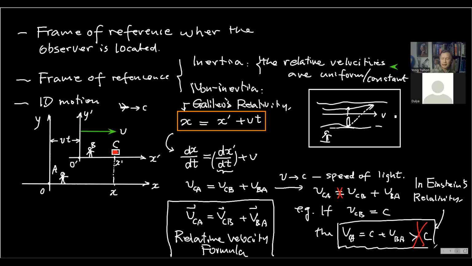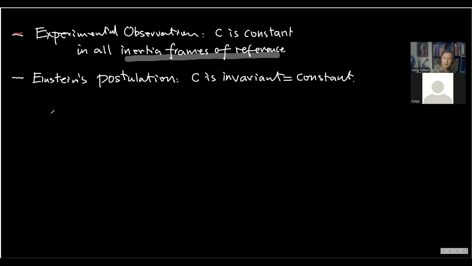So from now on, according to Einstein, the same relation, x equal to x prime plus vt, or if you take the reverse, can you solve for x prime from this equation? Yes, that's right. You can follow me. That's very good. So both of them are wrong. They must be modified. Okay.